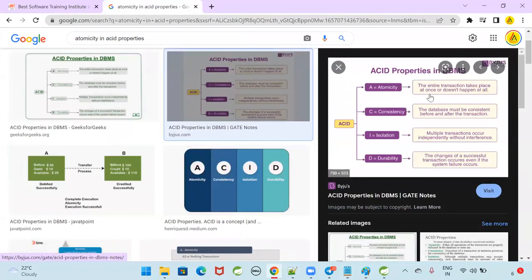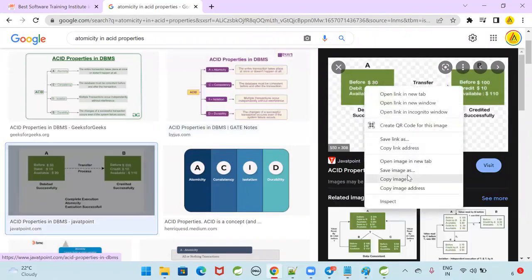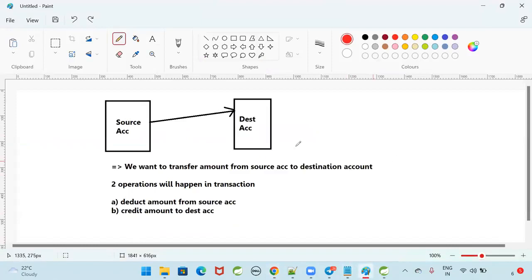Now, the entire transaction takes place at once, or it does not happen at all. That is the meaning of atomicity. Either all should be successful or none should be successful. Now, if you take this example,